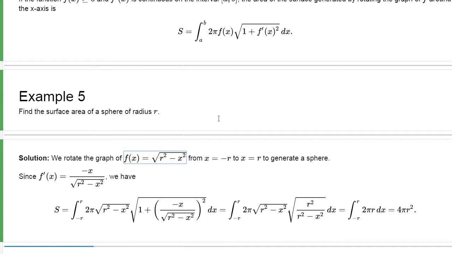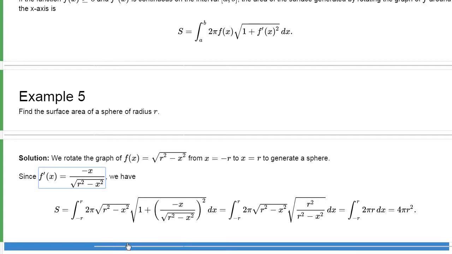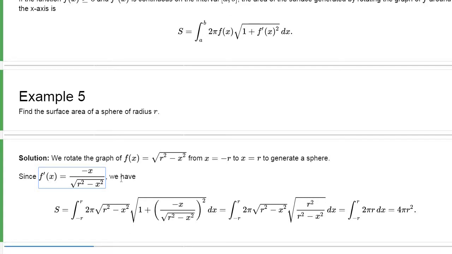Okay, the derivative of this thing is that guy. And so we plug those all into this formula. x goes from minus r to r, so that's the limits of integration. We get 2 pi times the function itself, which is that ugly square root thing, times the square root of 1 plus the derivative all squared. Okay, so when you square this thing,